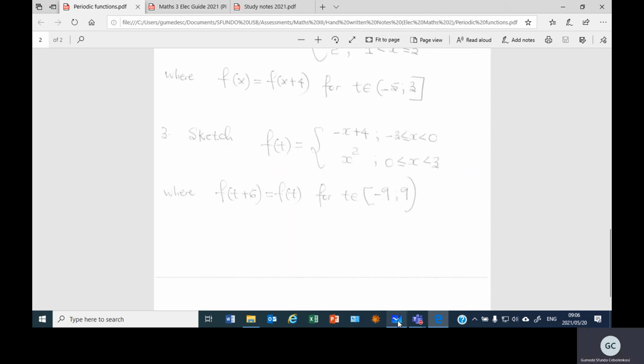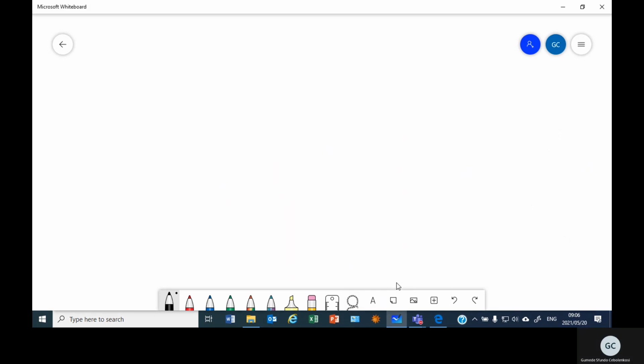Let me try to do it in front of you. So I made a mistake. I should be using t here. So f of t is equal to, let me use x. All right, let me use x. But it could have been anything. X or t, it doesn't matter. Minus x plus 4